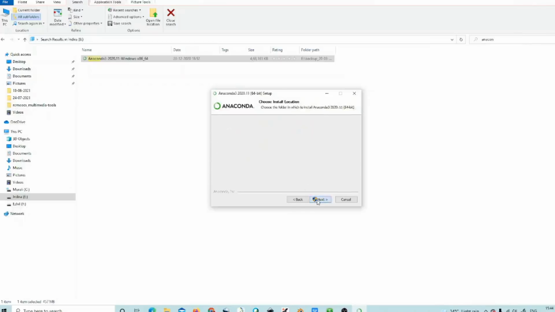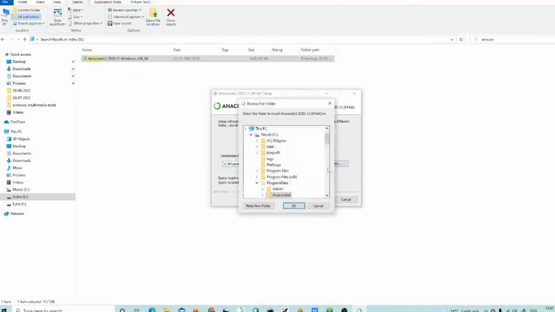Then you can start the installation procedure, and you can specify the location where you want to set up the Anaconda. If you want to change it, you can give a different folder of your choice, and you can create a new folder in your particular directory.